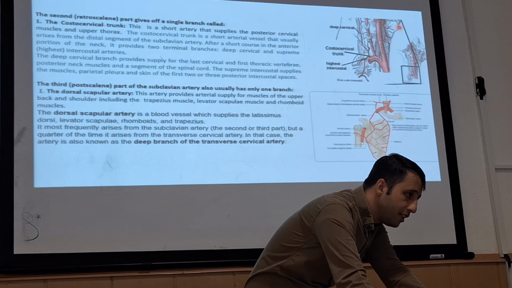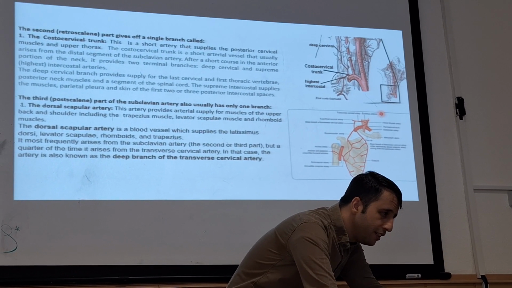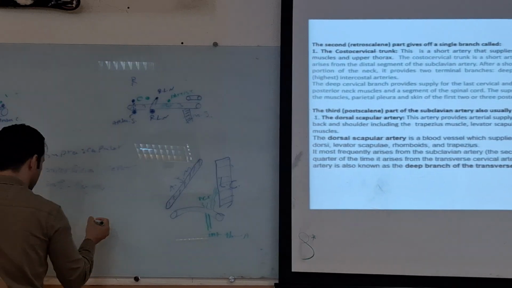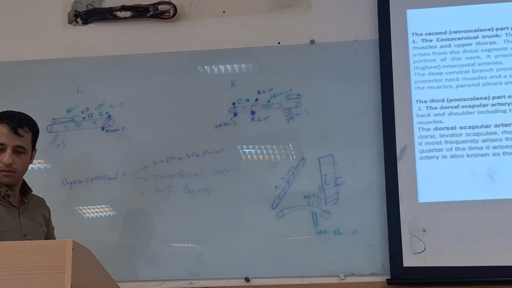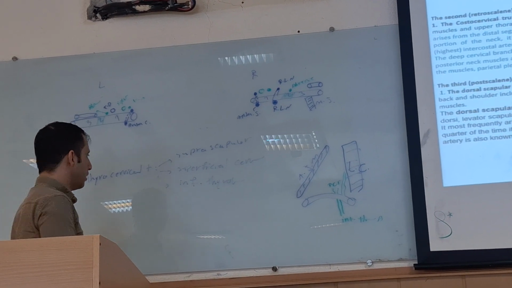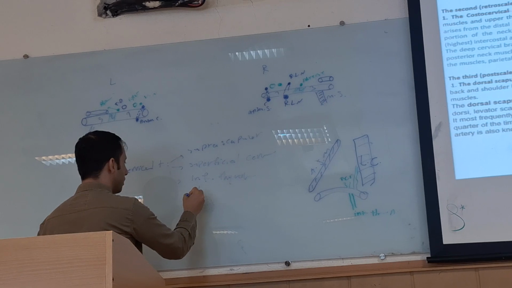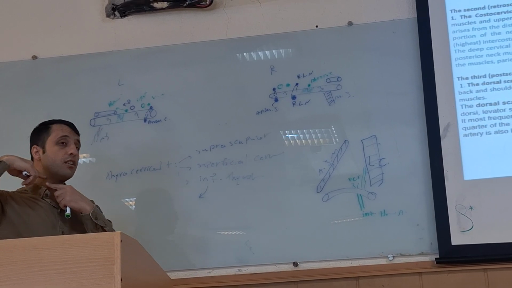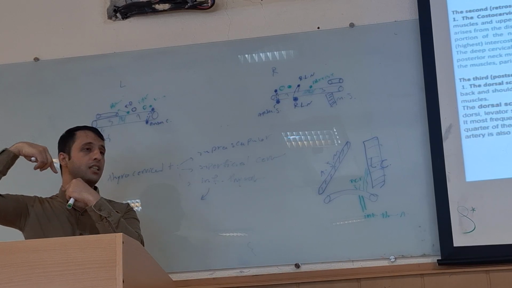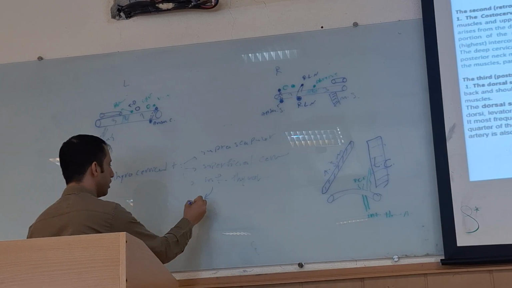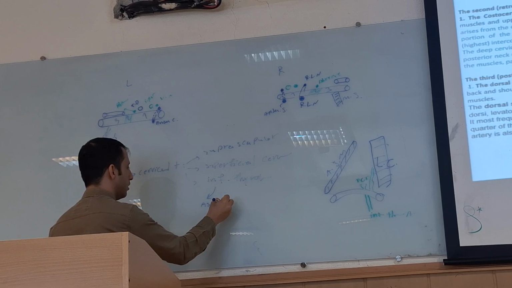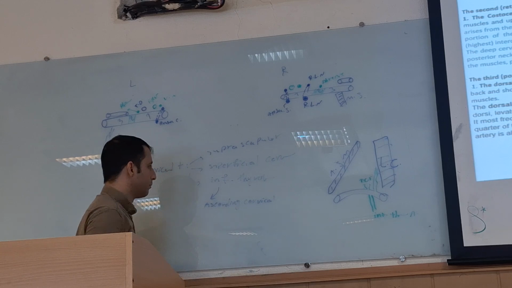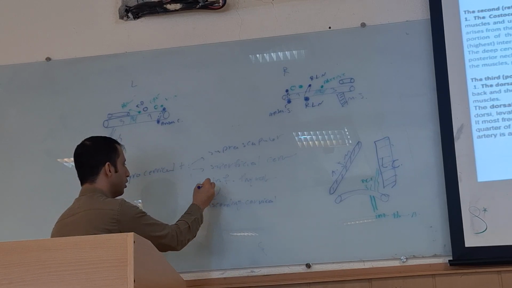At this level, we have the inferior thyroidal, which travels superiorly and has these branches. One branch of the inferior thyroidal which travels superiorly is named the ascending cervical. Another branch of the inferior thyroidal